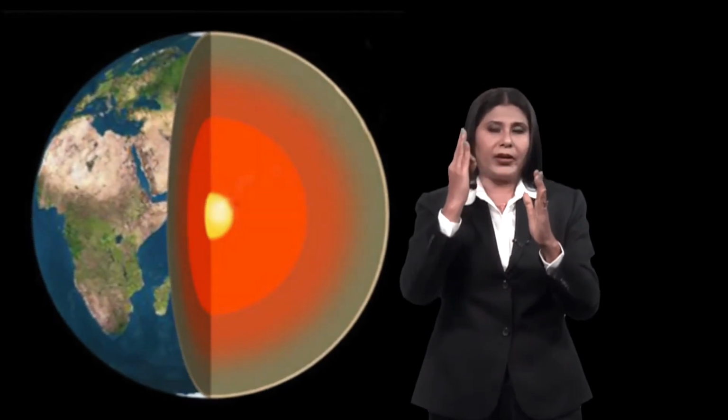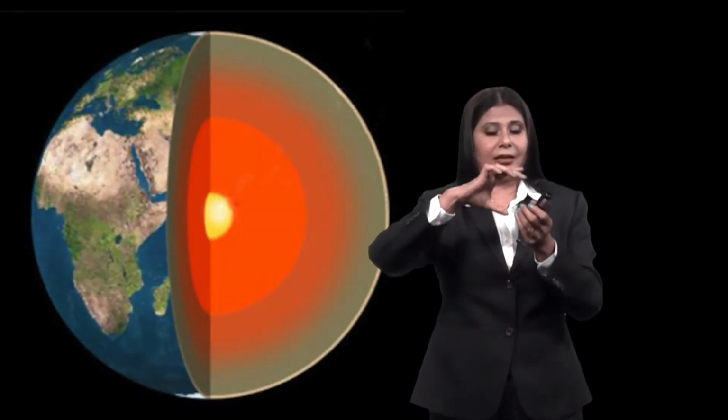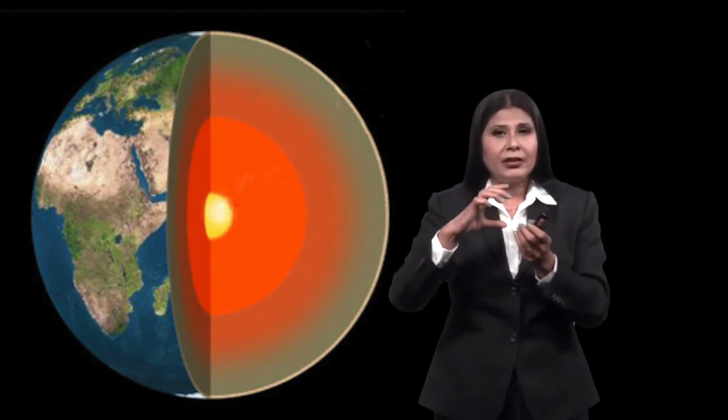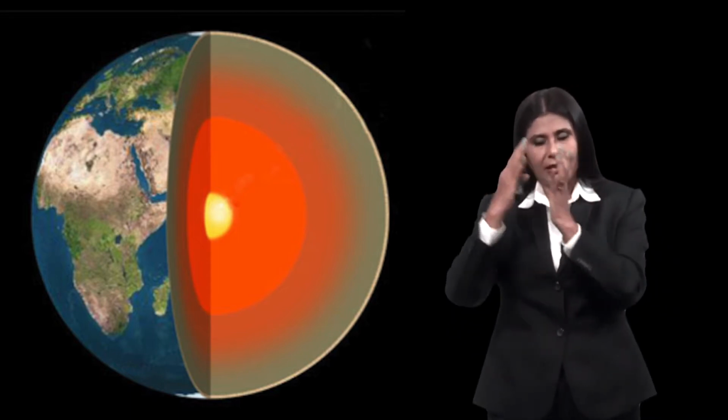So, now let us go to the crux of the problem, that is the earth's interior. We know that the earth has continental mass and oceanic water, different continents are spread, poles, but in the interior of the earth what actually is the picture, that is what we are going to study right now. If we theoretically chop it or take out a slice, like how a lemon or an orange slice is taken out, it will look a lot like this, that the interior of the earth is composed of different layers.